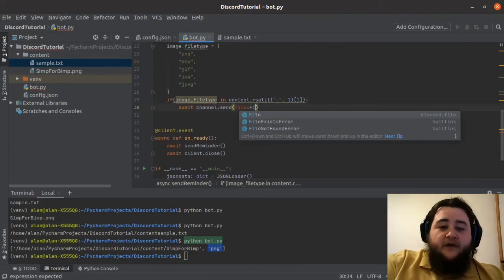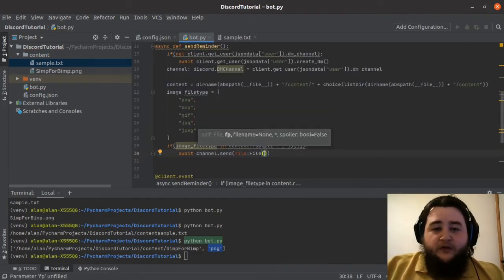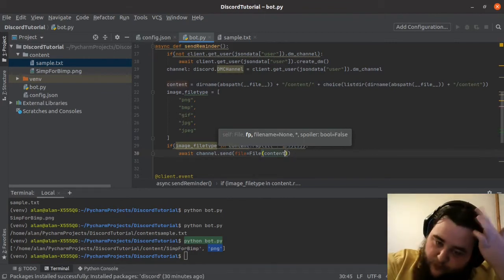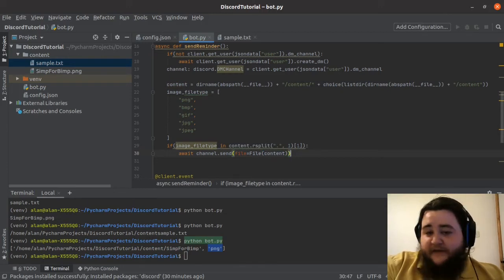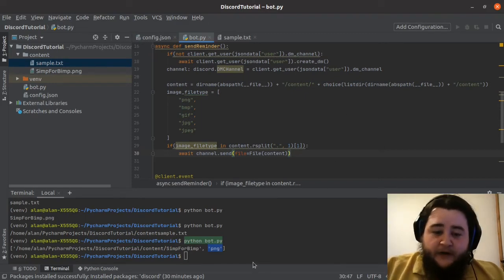So file equals File, and since we used content, we can pass in content. And like that, it's simple. This will send an image file, so we might need to run it a few times, but